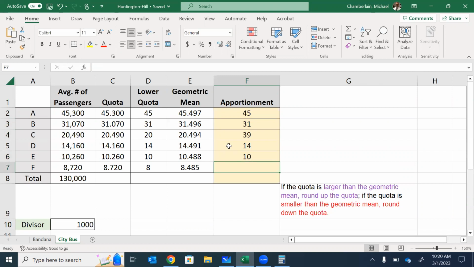And the last one is the only one that, notice the quota has a decimal part of 720 compared with the decimal part of 485. So the quota is actually larger in this case. So we're going to round up to 9. All right, so the last one, route F, is the only one we rounded up. So it shouldn't be maybe any surprise that when we do the apportionment that we only have 148 out of the,